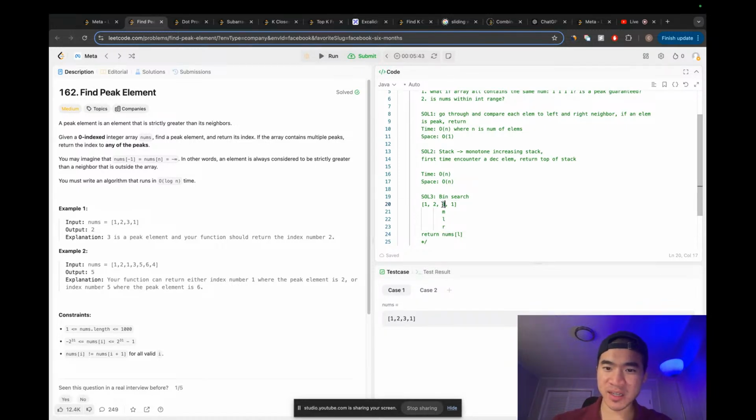So it's basically taking advantage of if the nums at mid is less than nums at mid plus